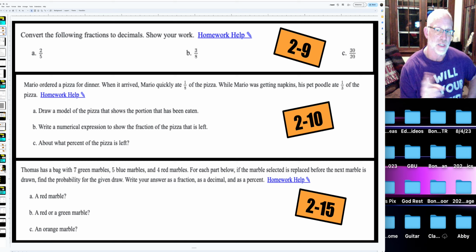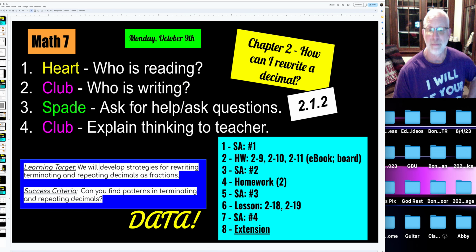What is the fraction decimal percent for getting a red or a green marble? What is the fraction decimal percent for getting an orange marble? Now I'm going to let you work for about 5, 6, 7 minutes, and then I'm just going to say stop, and then we're going to go look at